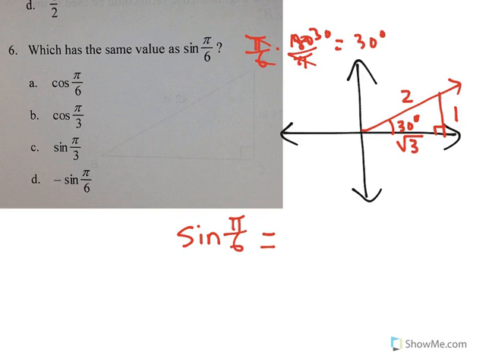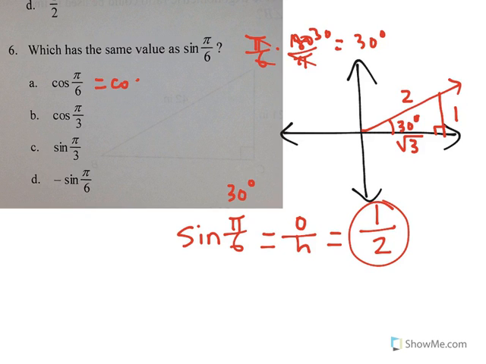And so we know that the sine of pi over 6, or 30 degrees, is actually opposite over hypotenuse, which is 1 over 2. So we know the value of sine of pi over 6 is actually equal to 1/2. So let's take a look at all of the answer choices here to see which one actually has 1/2 as an answer. So the cosine of pi over 6, which means the cosine of 30 degrees,